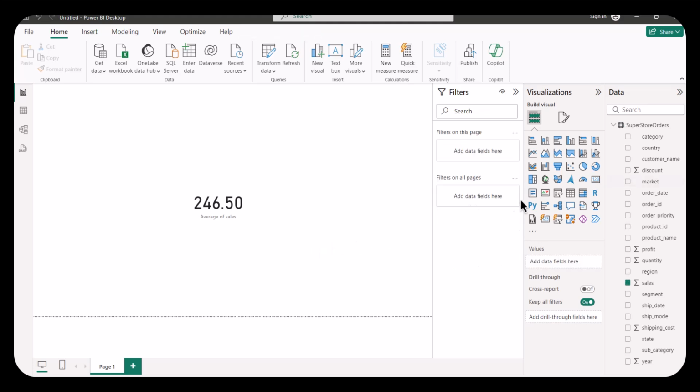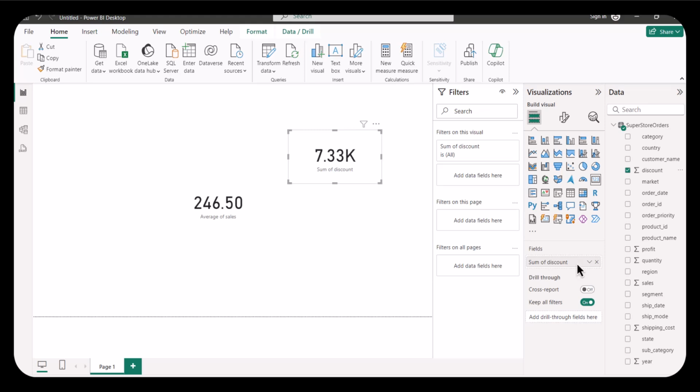You can add multiple cards to your report according to your requirements. Now we will see the discount in the card visual. So I have taken another card visual, and now I am going to choose the discount column and put it in the field here. Now the total sum of my discount is 7.33k,